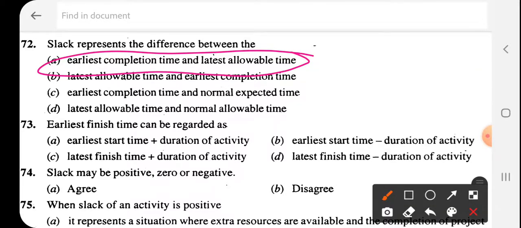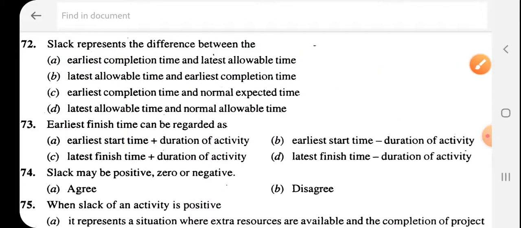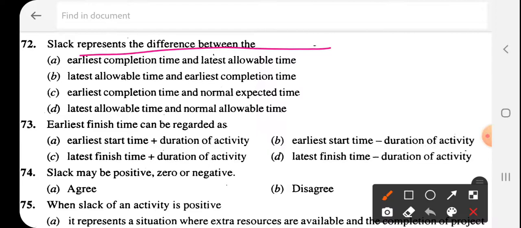Earliest completion time, EI minus, EI minus earliest and latest allowance time, LI, that is the slack. So A is the correct statement for this: the slack, earliest and latest completion time and